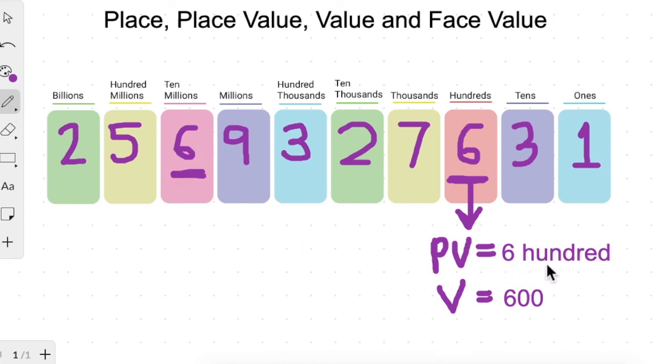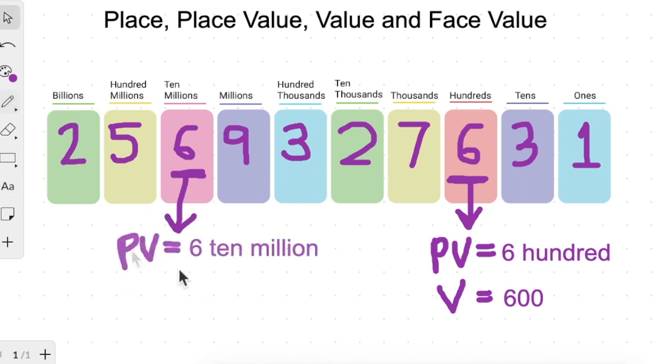Now, can you tell me, children, what will be the place value of this 6? Is it same as this 6 or will it be different? Yes, it will be different because the 6 is at a different place. So the digits which are placed at different places have different place values. Place values are not the same. The place value of this 6 will be 6 10 million.